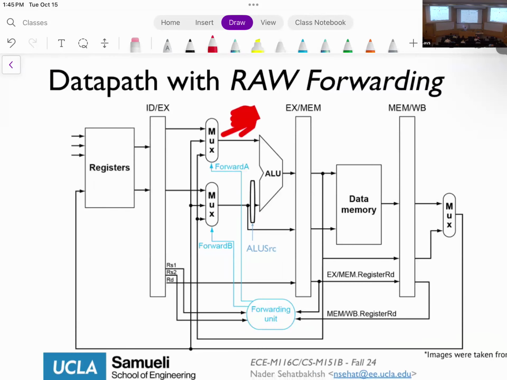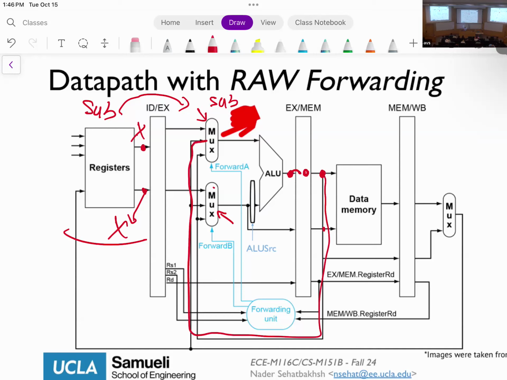Essentially, what I was doing is reading the register data here, right? And this data is old. This is the sub instruction in the decode stage, okay? And these values are old. But in the next cycle, this value is going to go to the execution stage. I'm going to add these two muxes, okay? Then I'm going to forward the value that is generated from the previous stage of the ALU, that now goes into this register. I'm going to forward this value back, and replace whatever junk I read here with this. Okay? So I'm going to introduce a new mux, which is what we call a forwarding mux,